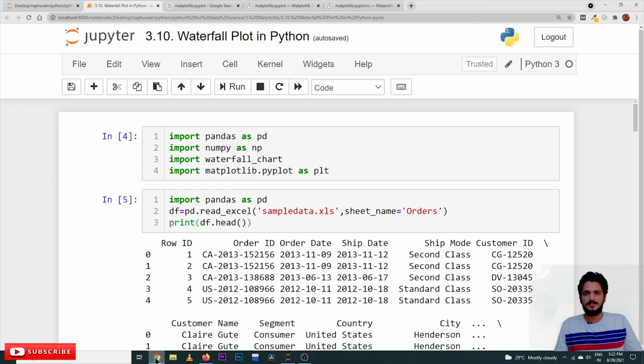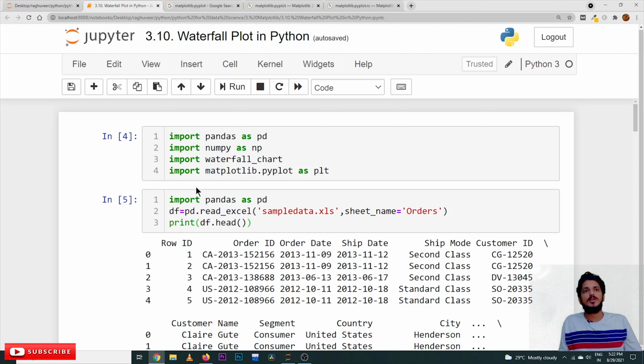Coming to today's class, waterfall charts are mostly used whenever you want to identify the cumulative effect of a variable over time. In these situations we will use waterfall charts. Even if you don't understand what the cumulative effect over time is, it will be understood by looking at the waterfall example. Let's take an example and understand how the waterfall chart will look.